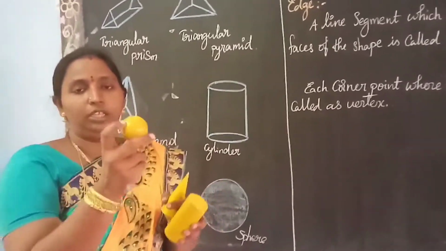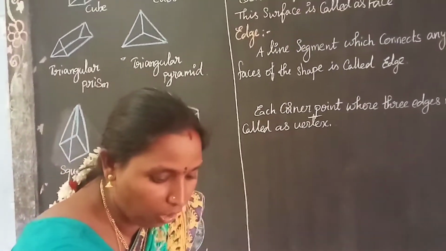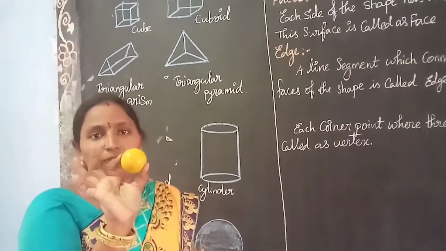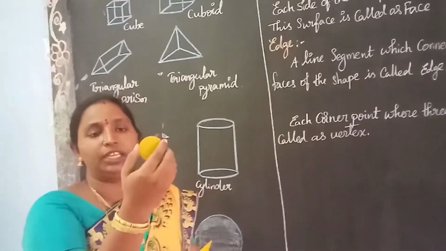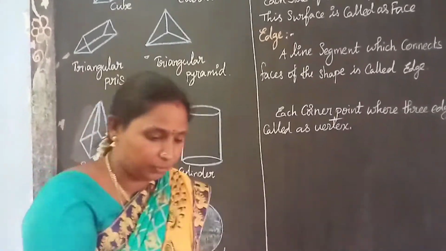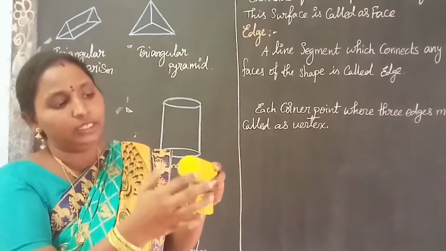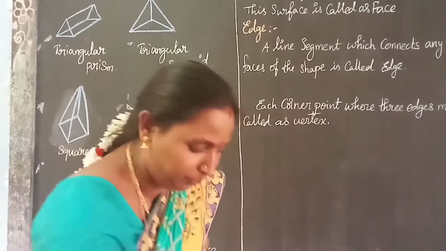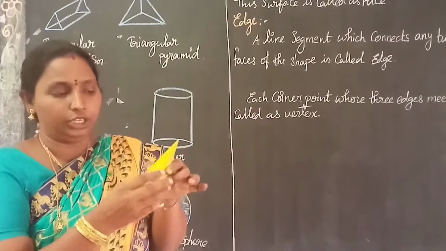So this is sphere, it looks like a ball, and half of this sphere is called a hemisphere. If you cut a sphere into two equal halves, then you will get a hemisphere. Okay, next, this is cylinder. In the bottom you have a circular shape, and on the other end also you have a circular shape. This is cylinder. This one is cone. At the bottom you have a circle shape.